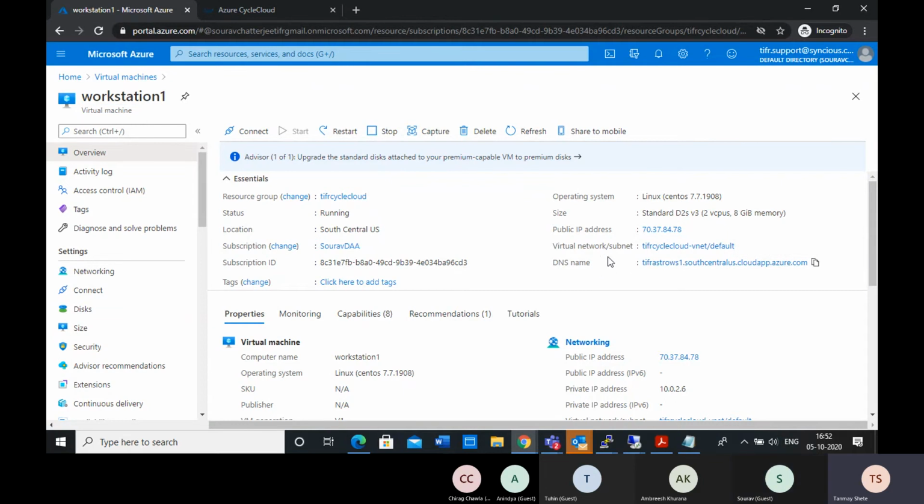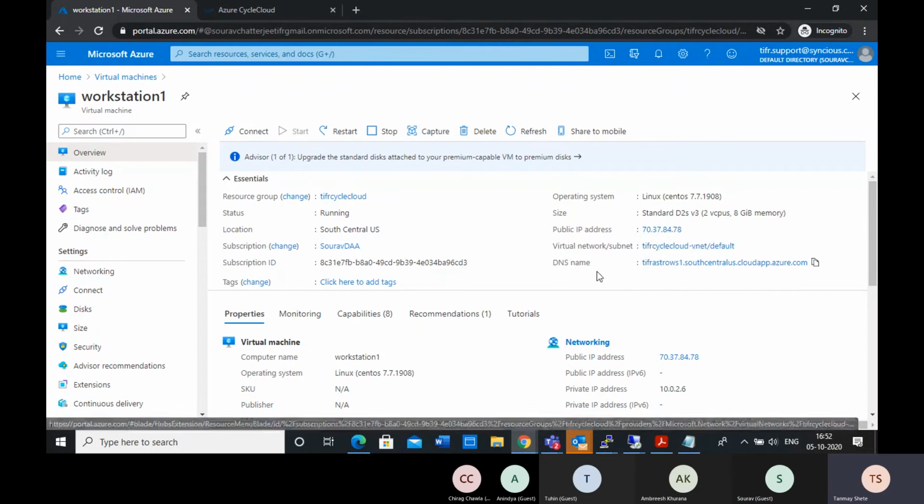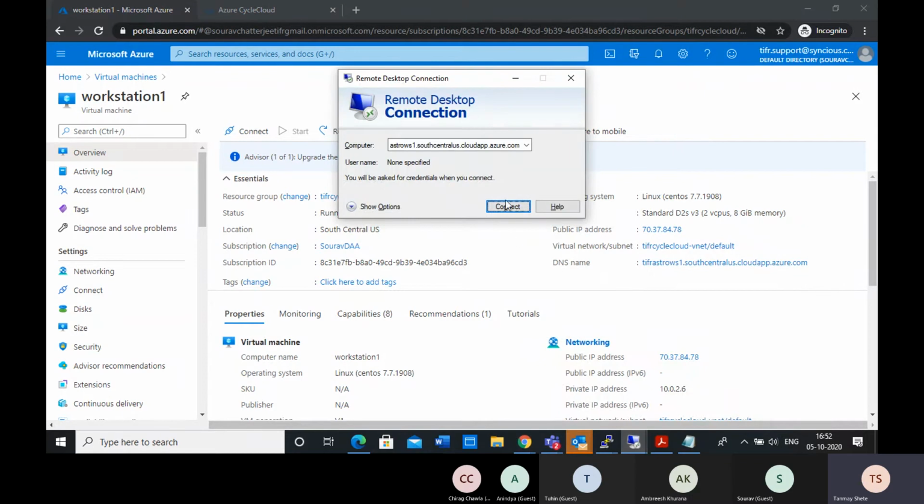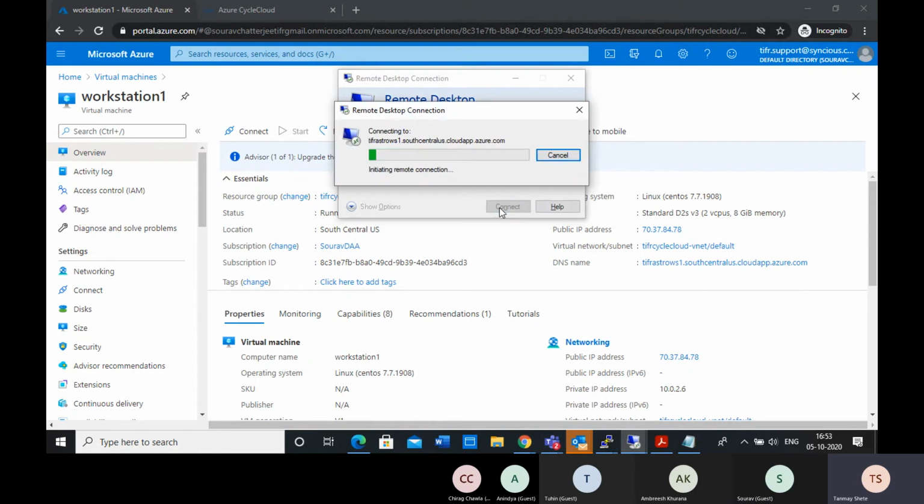A DNS name is nothing but like an IP address, but because the IP address keeps changing, we prefer to give you the DNS name. Then you can use this DNS name in your remote desktop client, which can be installed on any Linux machine or even Mac, because it's a standard protocol for connecting to any remote machine. And once you connect,